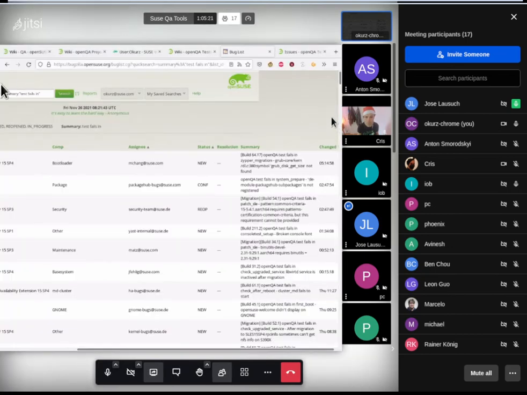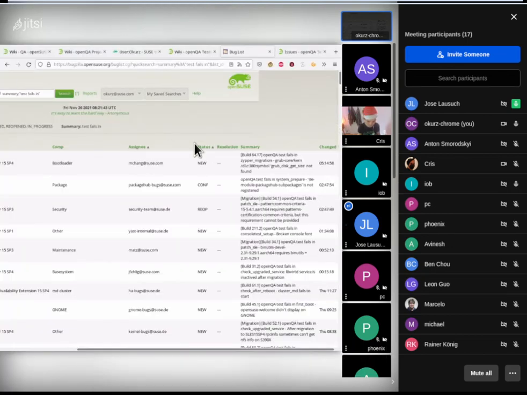Because then it's done. I just put test fails in Podman, and this is very generic. So it would be nice to have, like, test fails in Podman, timeout, and some small information. We tried to make it more explicit in the template to have some kind of filler text,